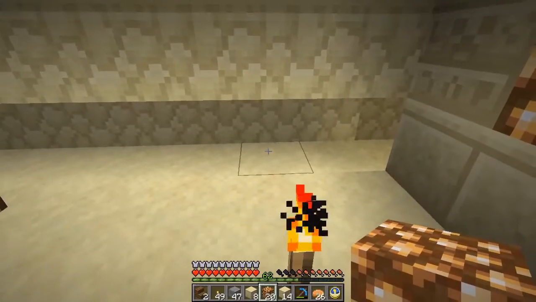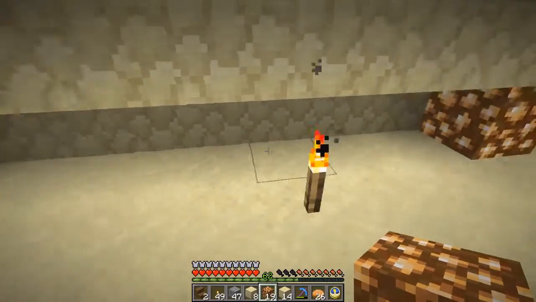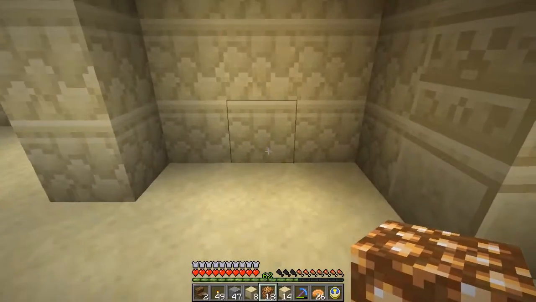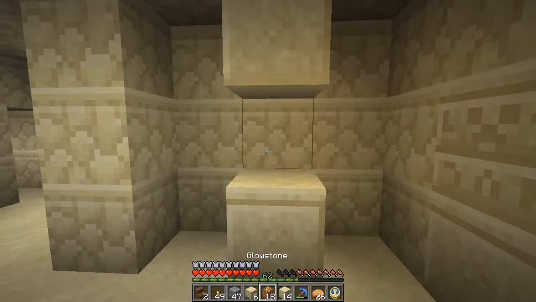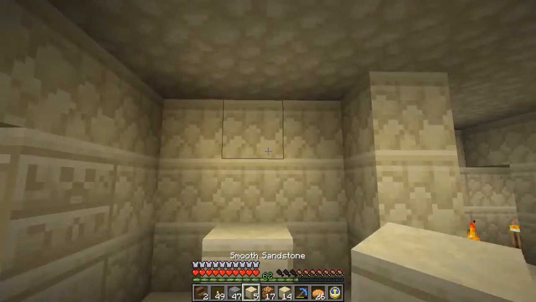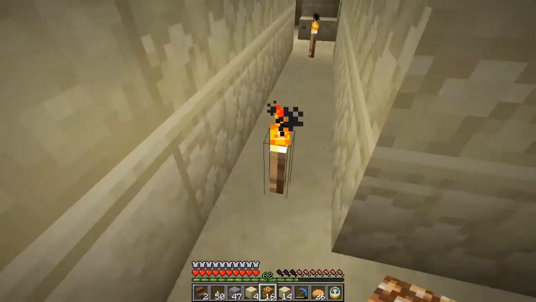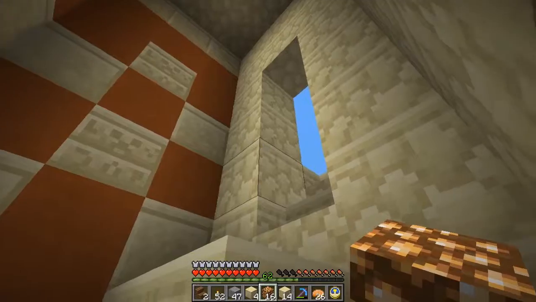Right over here, and 1, 2, 3, 4, 5, 6, 7, 1, 2, 3, 4. All right, good. Let's try that. And that. Now, should there be plenty of light for the inside, I think? If it's not, then I could add a couple more, but so far